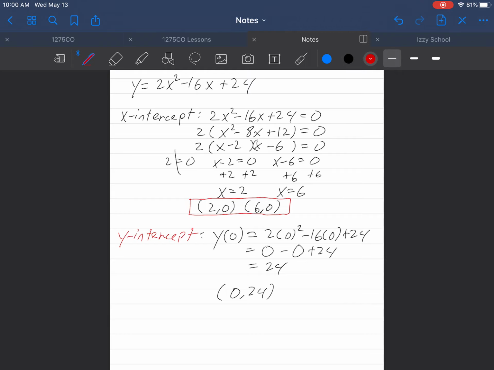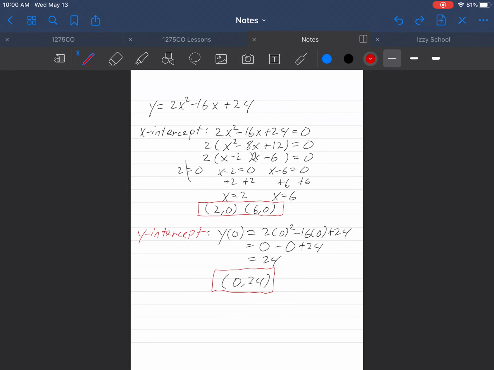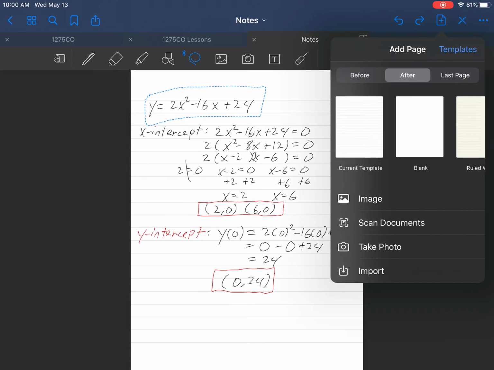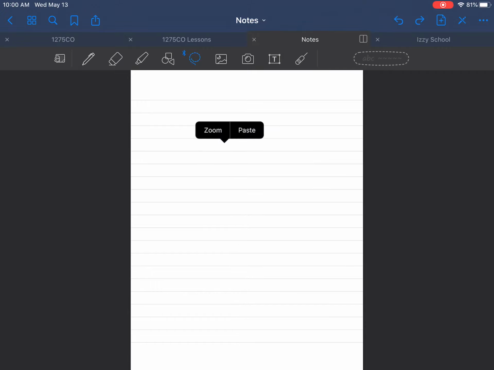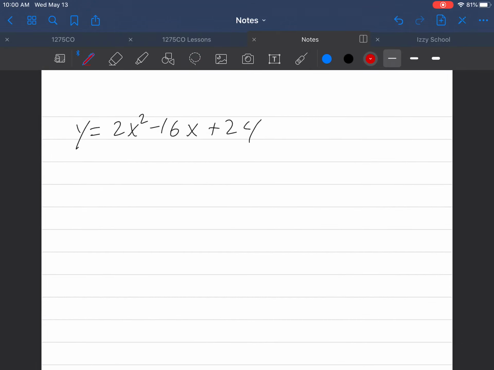Notice that a y-intercept has an x-coordinate of 0, and an x-intercept has a y-coordinate of 0. It's going to work out that way. So once again, we'll move on to the next page. Let's copy this over. And then we'll find the vertex of this parabola. We need a little more space than we had down there. I don't want to cram it up. So the first thing on finding the vertex